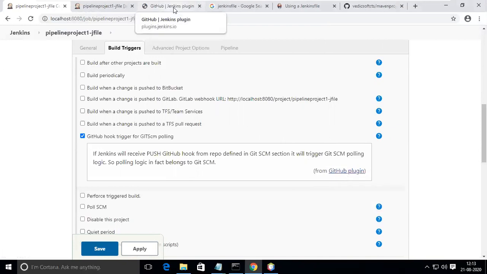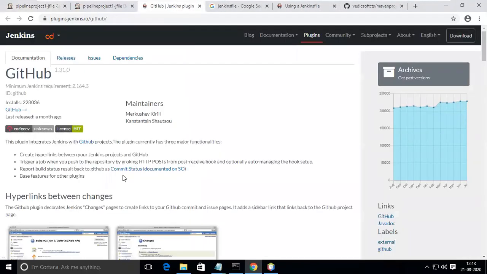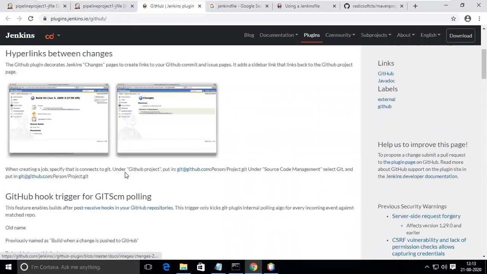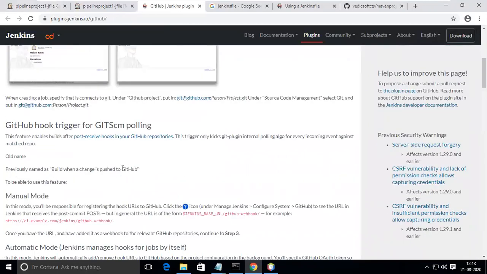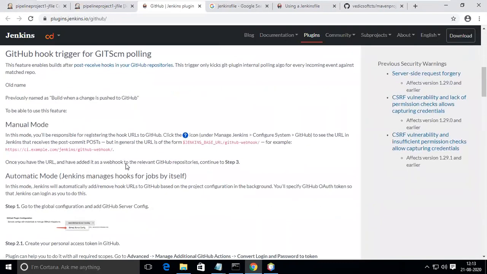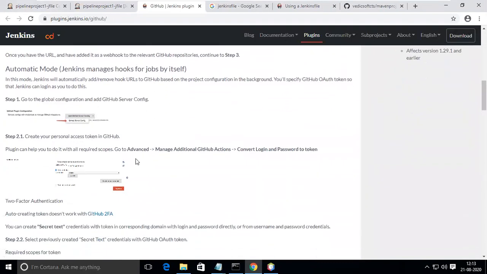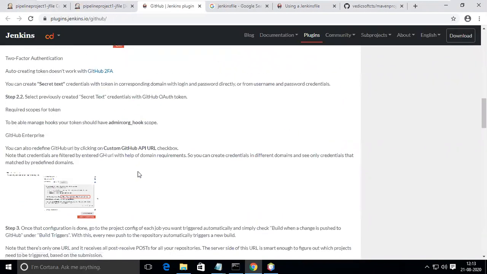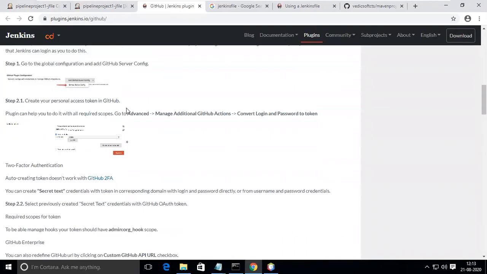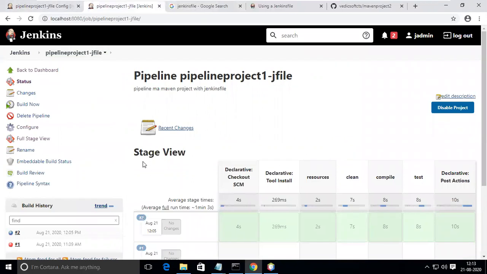This is the GitHub plugin. So in our Jenkins, you have to give GitHub related information. That's it.